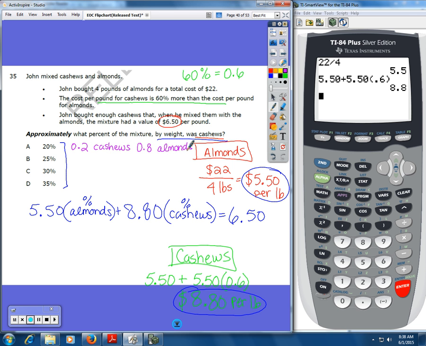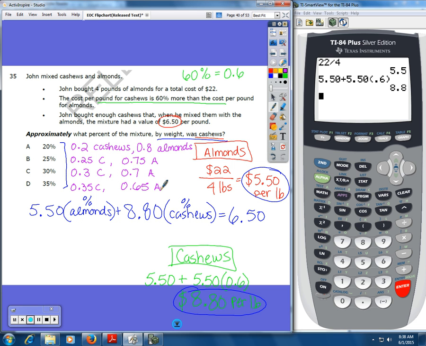Okay, because total it has to be 100%. If I have 0.25 cashews, then that's going to leave 0.75 almonds. If I do 0.3 cashews, that's going to leave 0.7 of almonds. And if I do 0.35 cashews,